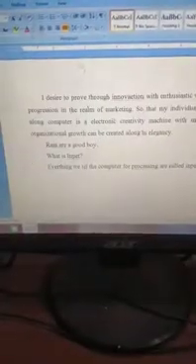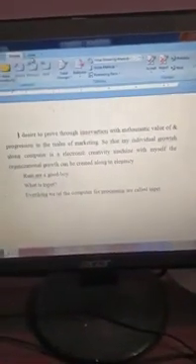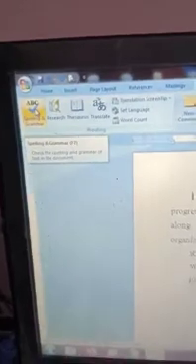First, you bring the cursor to the beginning of the document. Click, the cursor is blinking here. You have to move the cursor to the beginning of the document. Click the cursor at the start of the document. Okay, now click on the Review tab. There is the Review tab. Click, and then on that Review tab there is Spelling and Grammar. This is the option, Spelling and Grammar. Click on the Spelling and Grammar button.